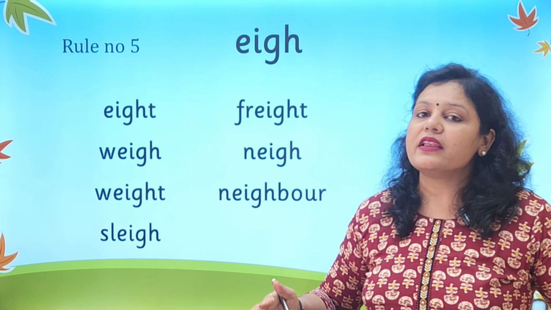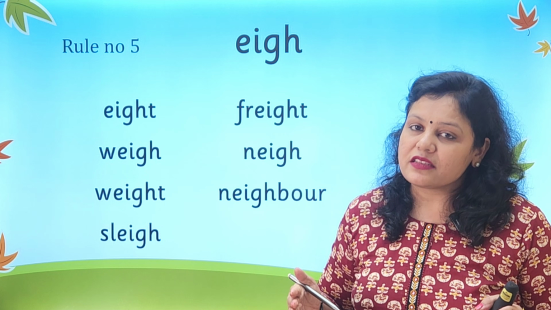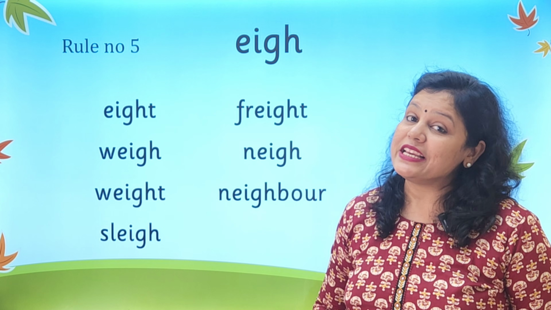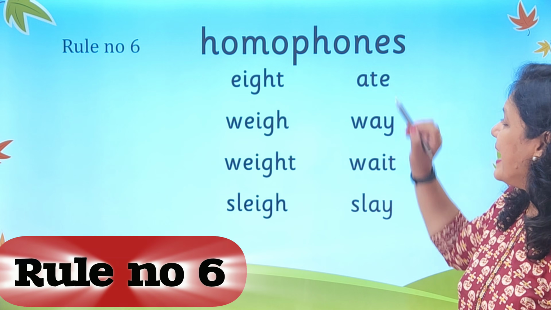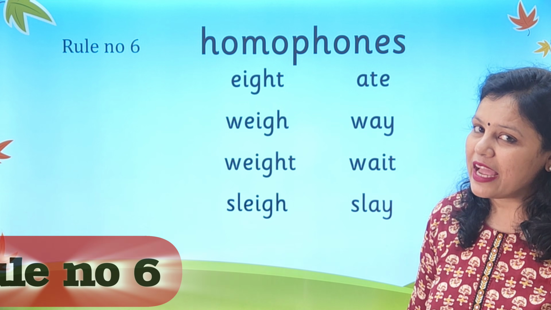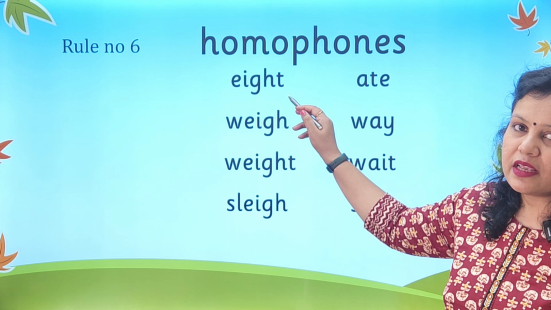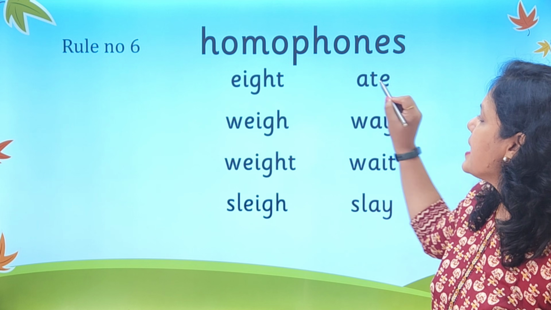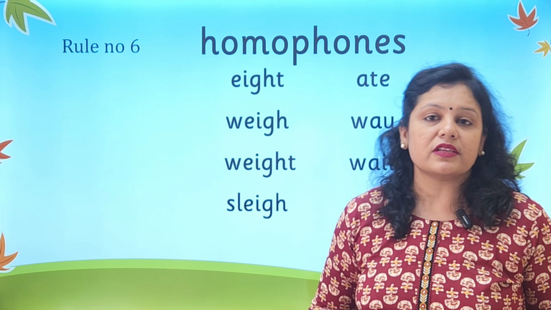Now here there is a crucial question that you need to follow. Here you will find that EIGHT is 8 and ATE is also 8. That means there are 2 words which have got different spellings, but the sounds are the same, 8 and 8. And this is what is known as a homophone.